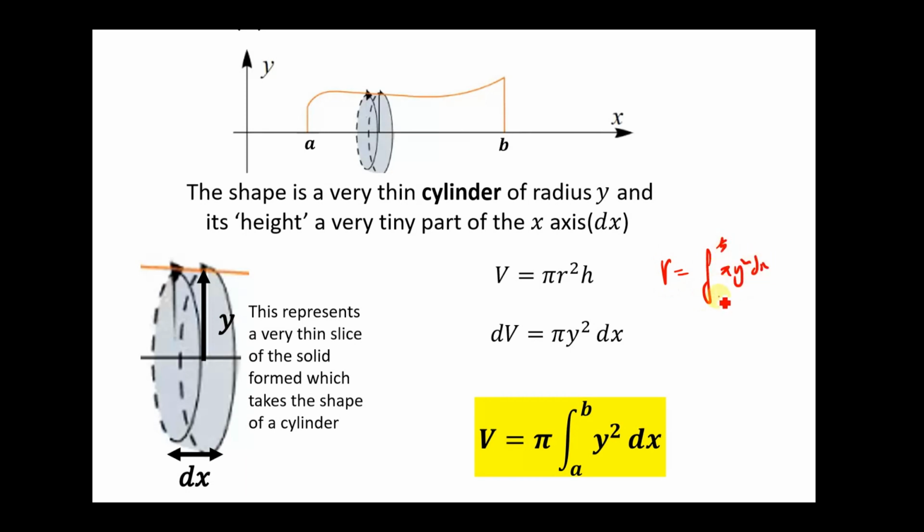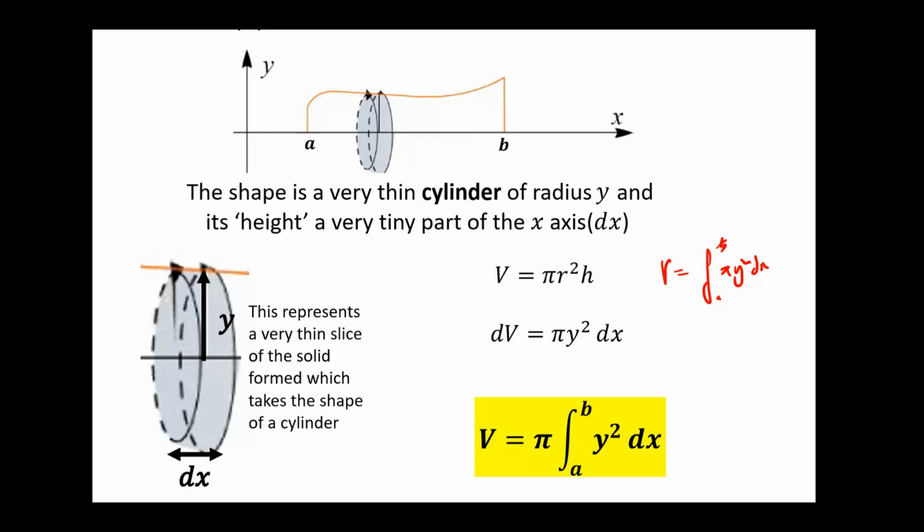I like to write the pi outside the integral sign generally, although sometimes you have to be very careful in case you forget the pi. Don't forget the pi. A lot of people forget about the pi. So that's basically how we can understand the formula for the volume of revolution of a shaded area when it